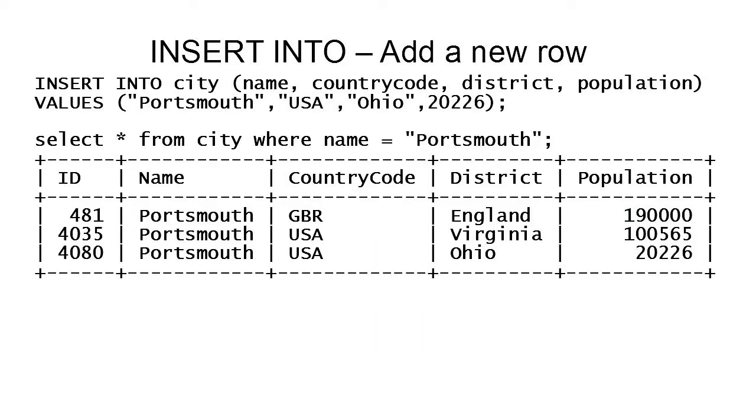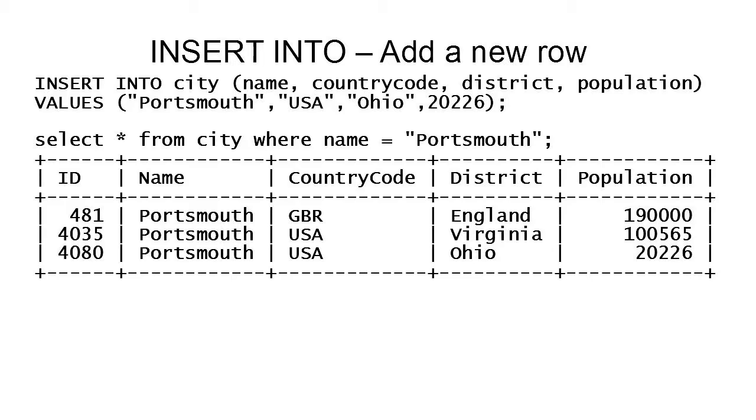In this example, I'm still using the world database and its city table, but I want to insert a new city that doesn't currently exist in the world database table. You can see I say insert into city, and then I give the names of the four columns: name, country code, district, and population. I then say values, and I give 3 strings and an integer for the name, country code, district, and population,